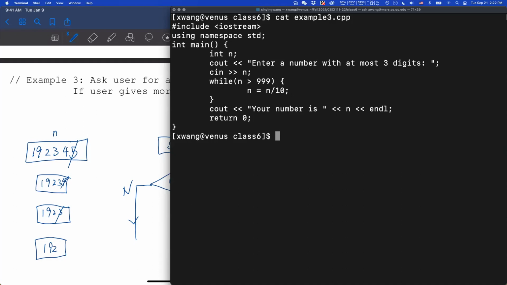Professor, I have a question. How did you assign the cin in this code? You mean this line? Yes. Because we want to get input from the user. Right, so when we run it. So what about the cout? That's cout that you print out to the screen. Whatever you see here, it will print to the screen.